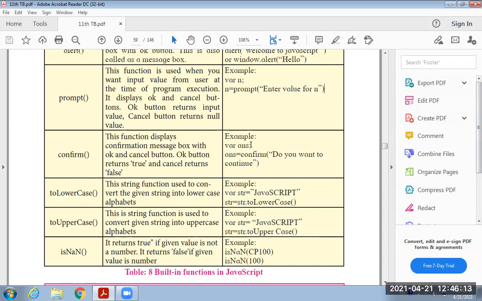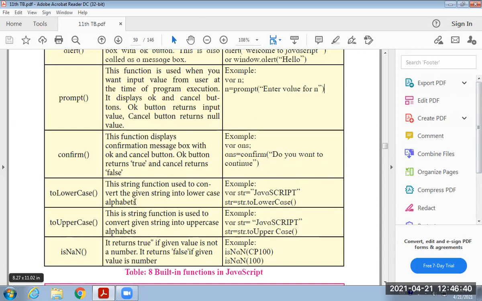Here we are using one variable as answer, and answer equals confirm, do you want to continue? If you want to continue, you go for yes, or if you don't want to, you go for no. The computer system is just taking confirmation from the user by using this confirm function.